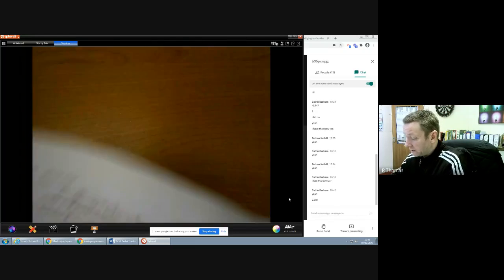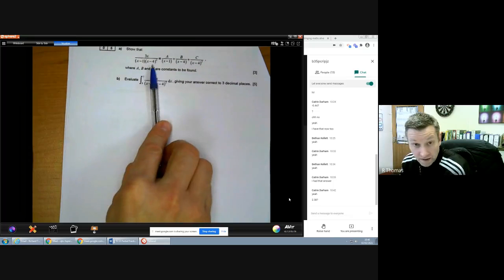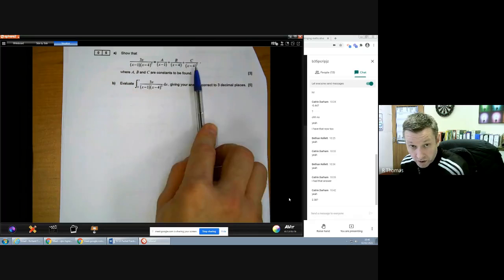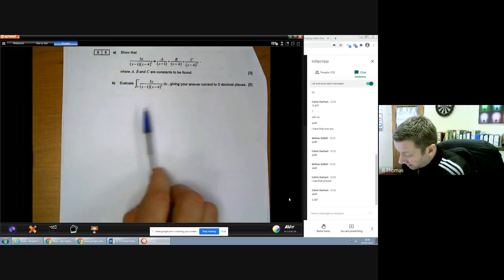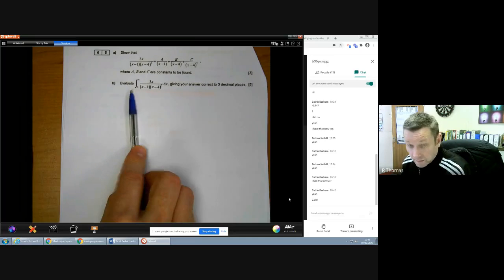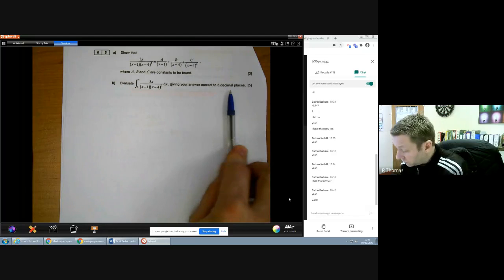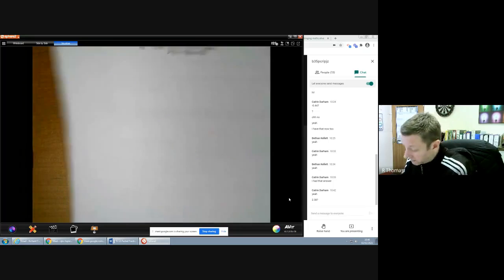Right, the other 2 then, that's set up correctly for me. Just work out a, b, and c, and then a definite integral between 7 and 5 to 3 decimal places. Right, so you're confident you can do that now. And then the last one,